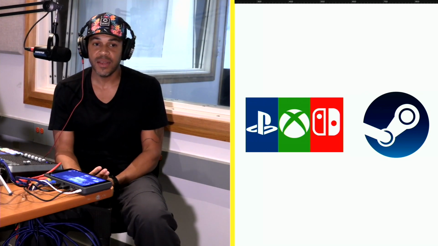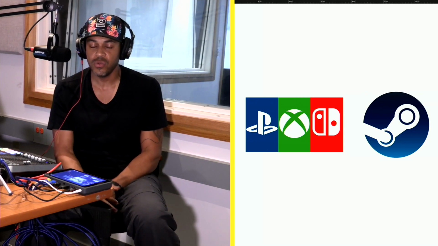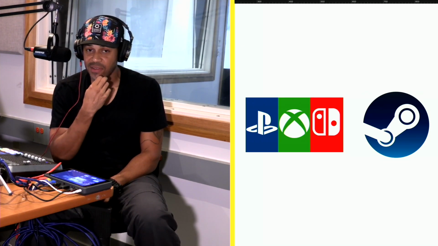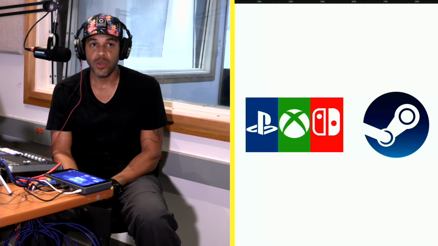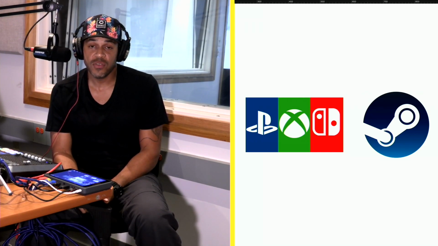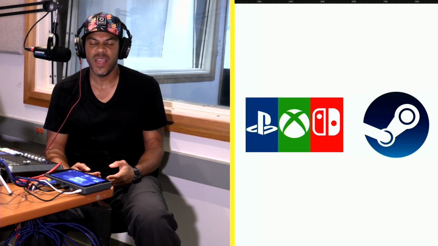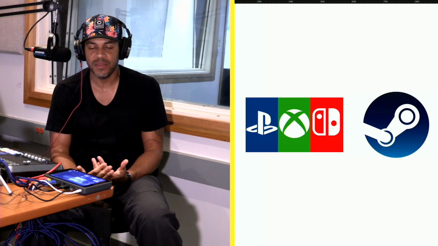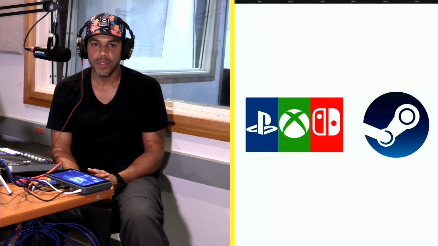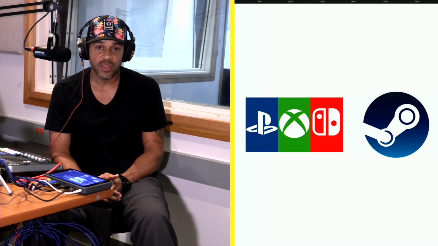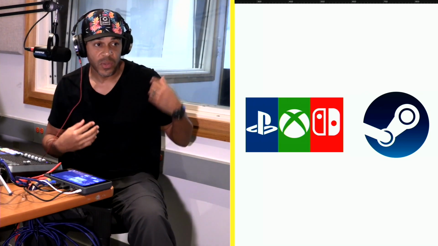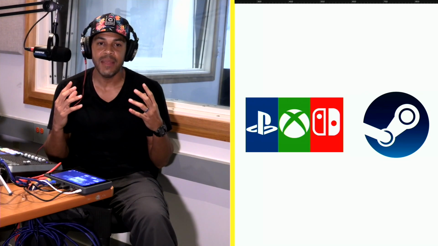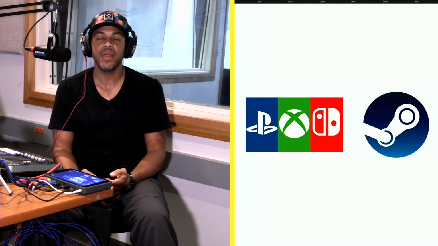PC gamers, they like the fact that they have a lot of games to choose from. They kind of belong to the monthly subscription, and they have access to all these games. And a lot of these students now, they don't prefer to be in front of a TV playing video games. They prefer to be in front of their computer screen. And that's where Steam shines, because it's basically a PC gamer's platform, right? But then the people that like consoles have their own reasons. Like, I prefer consoles. When I'm playing games, I sit in front of the TV and I'm in game mode, because I just want to free my mind.